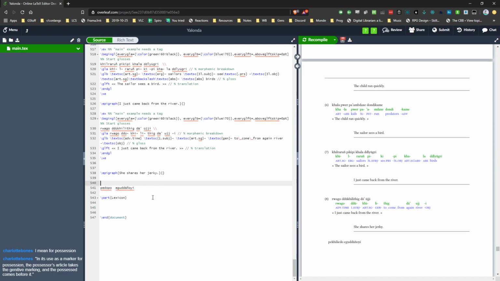Possess. Oh, then we don't need any pronoun. There. That's it. We don't need a pronoun because the possessed is incorporated in the verb. And this can go. Although this is